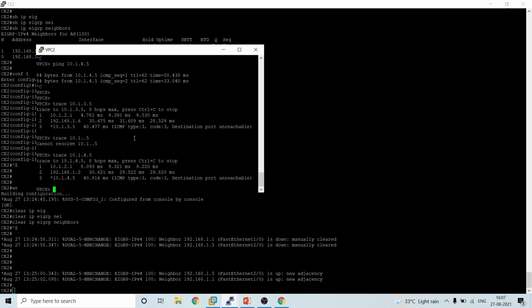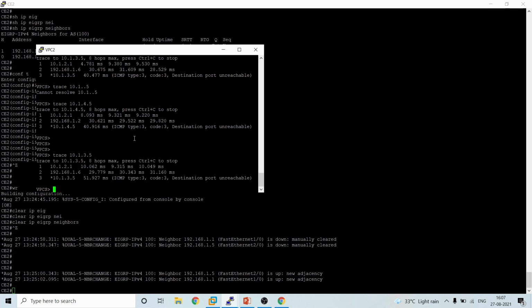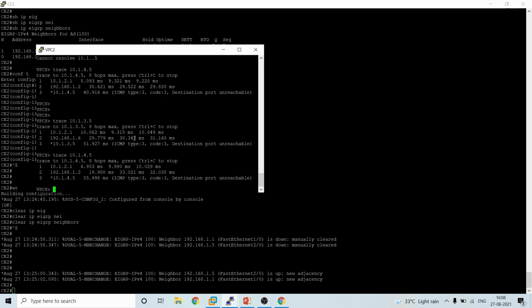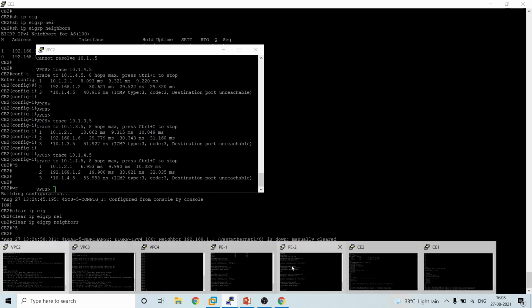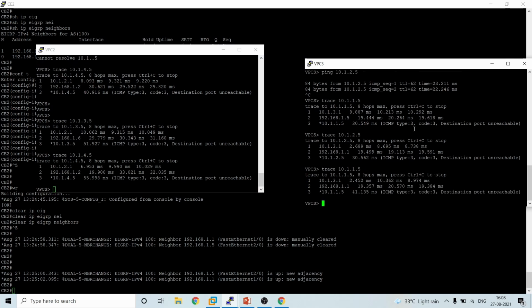We'll try again from here. We'll try trace, which is from 1.6, and from here it is from 1.2. Similarly in VPCs, we'll check for VPC 3. Now we can see that it is from 1.1 and another packet.